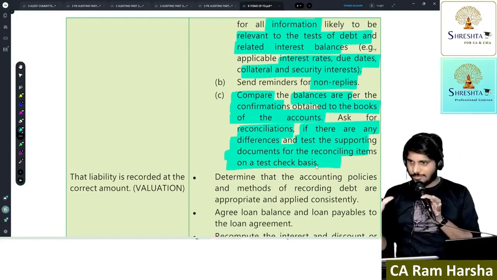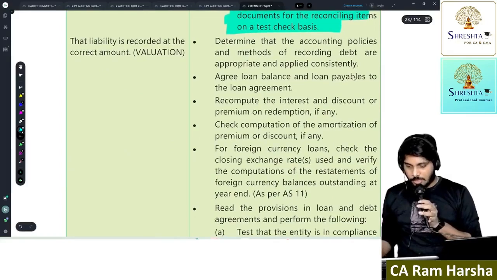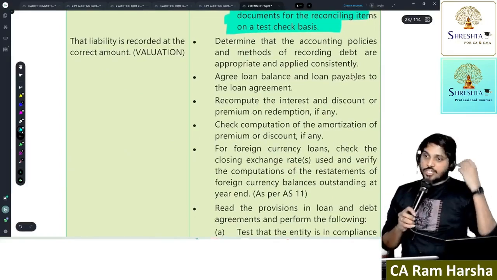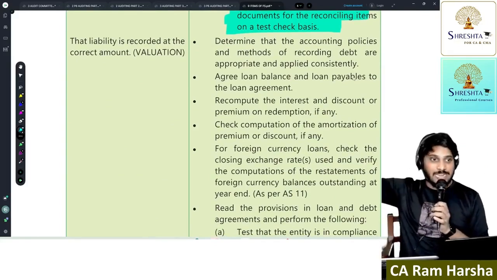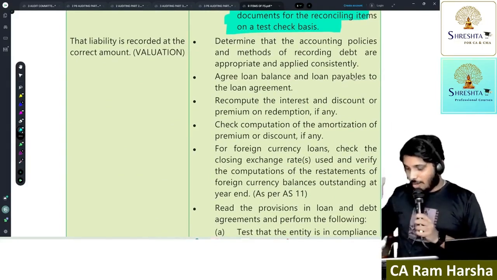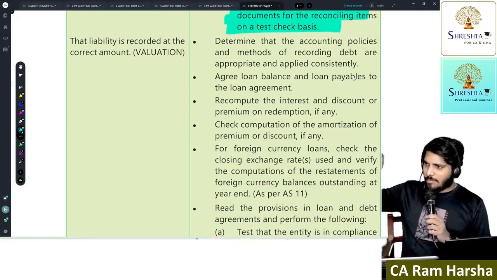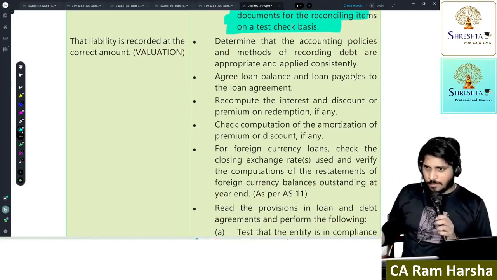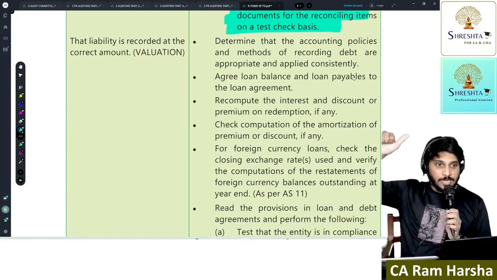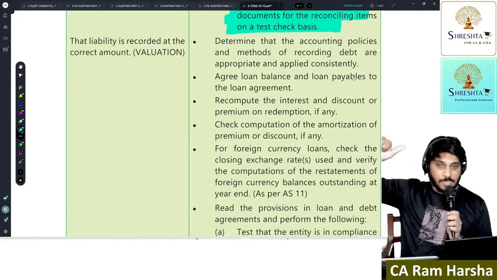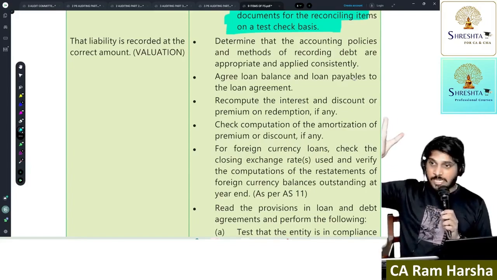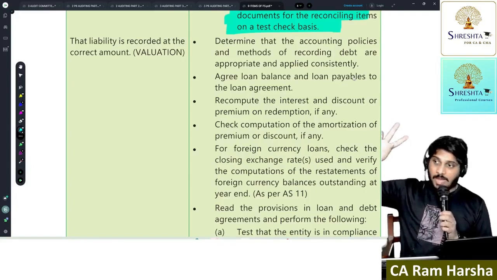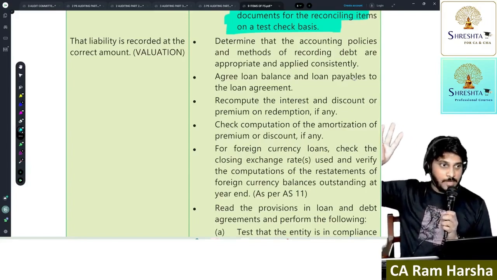Next. Now, at what value should we record the liability? Whatever is outstanding. How do you check whether the amount outstanding is exactly this much? First I will look at the loan agreement to know how much loan I received. Then I will look at the bank statement, how much is actually received. Then I will see how much is paid during the year. I will see the breakup of interest and principal. Then the balance outstanding is shown in the balance sheet.